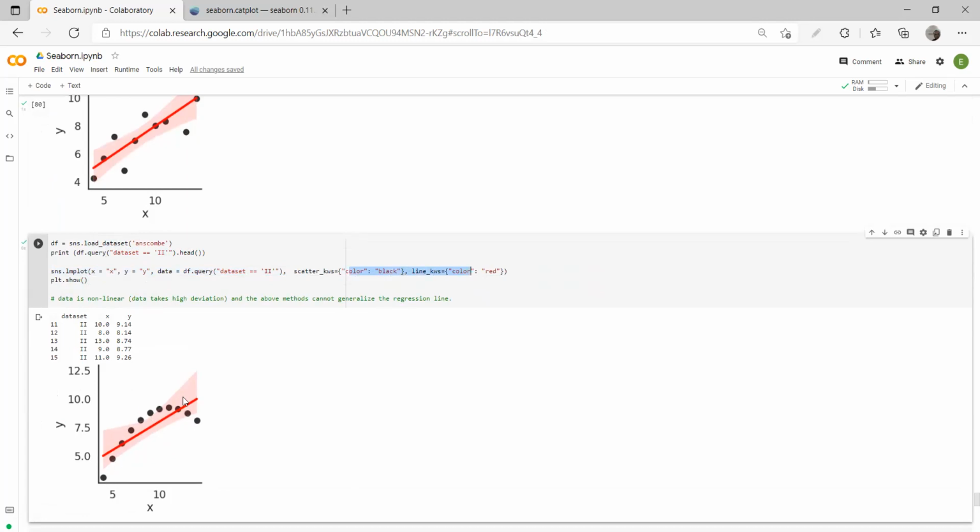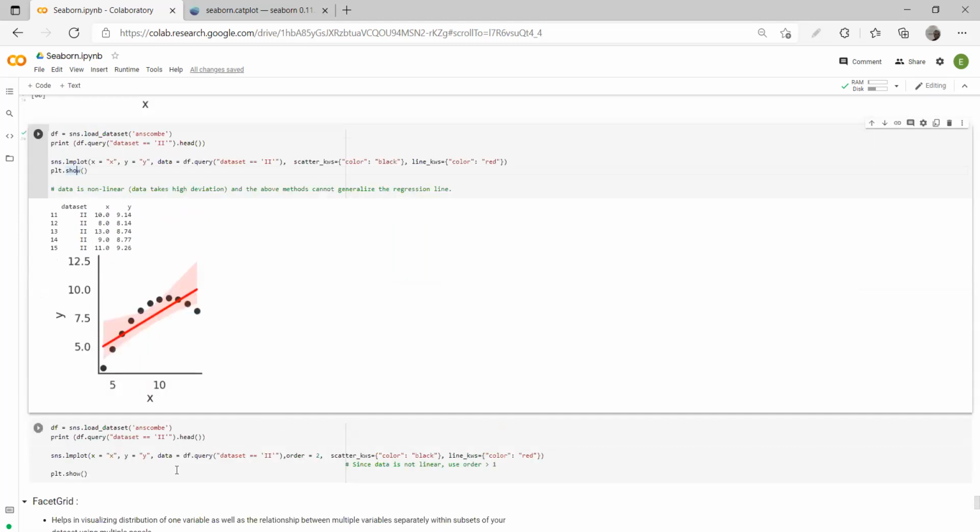If you are going to fit a straight line, it's obviously not going to fit properly, right? You have to fit a curvy line. And you can see that the data is not linear. It's not just that as x increases, y increases. You can see that as x is increasing, y is decreasing. So this particular line is not able to fit properly, because the curve is not that great, right?